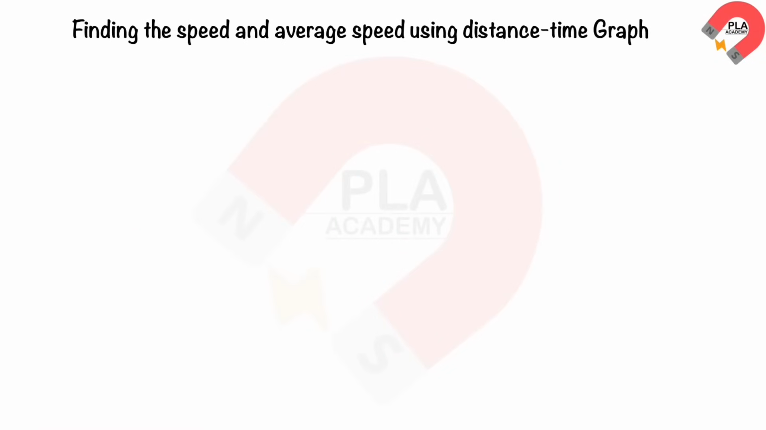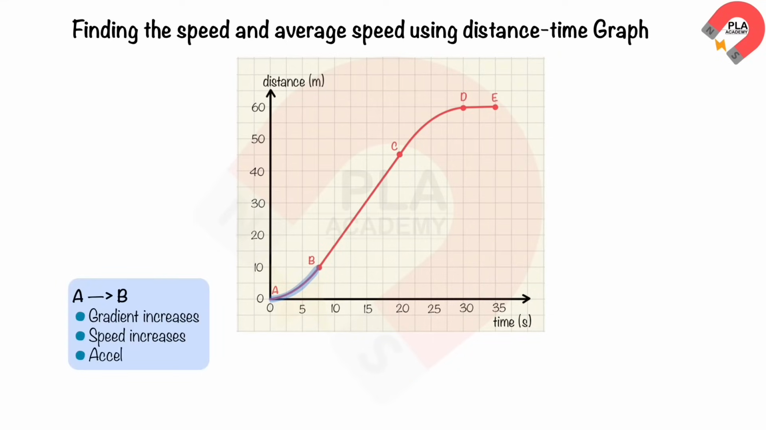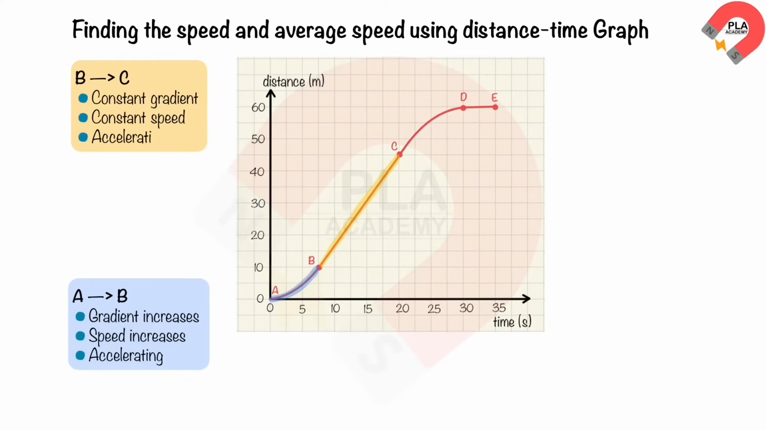Finding the speed and average speed using distance-time graph. The distance-time graph is shown here. Between A to B shows that the gradient is increasing, so the speed is also increasing, and the object is accelerating. Between B to C shows that the gradient is constant, so the speed is also constant, and the acceleration